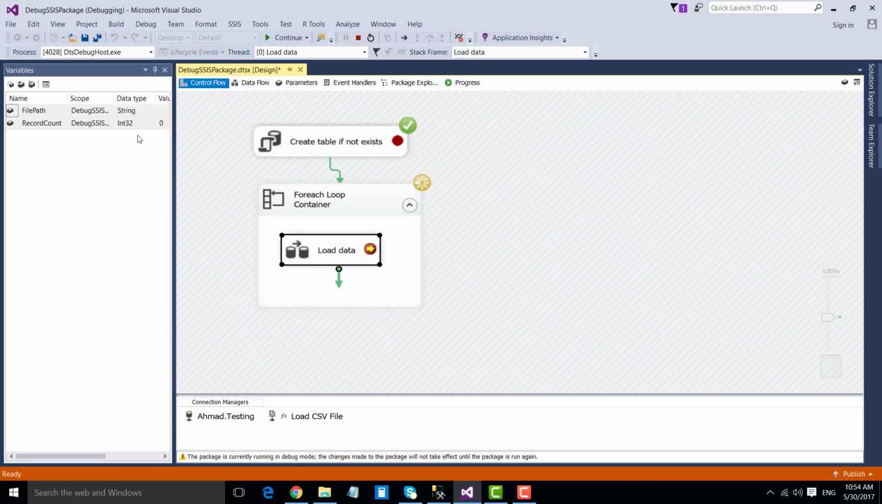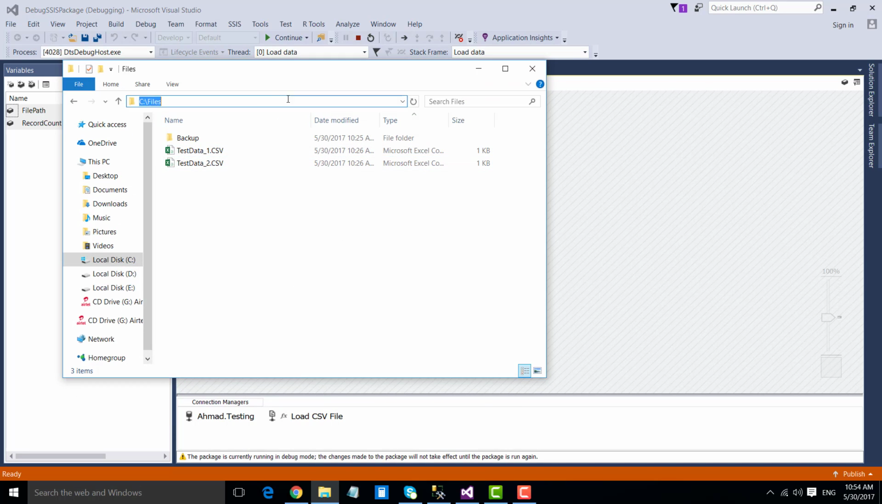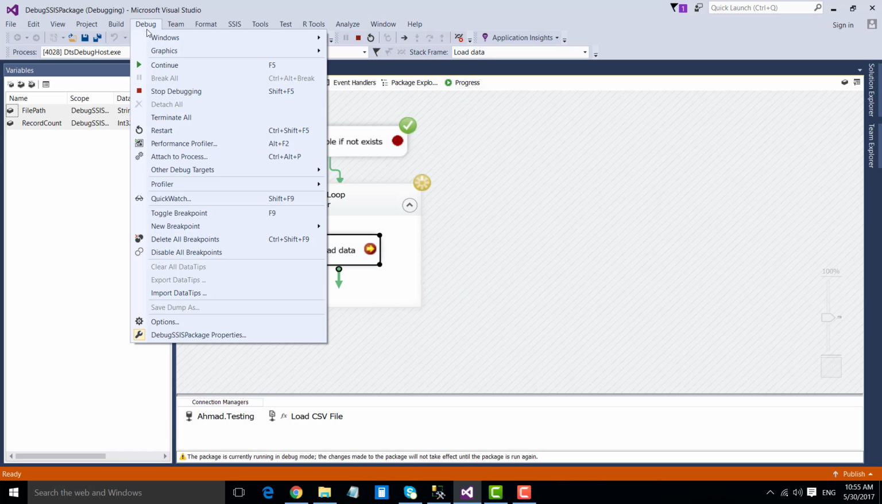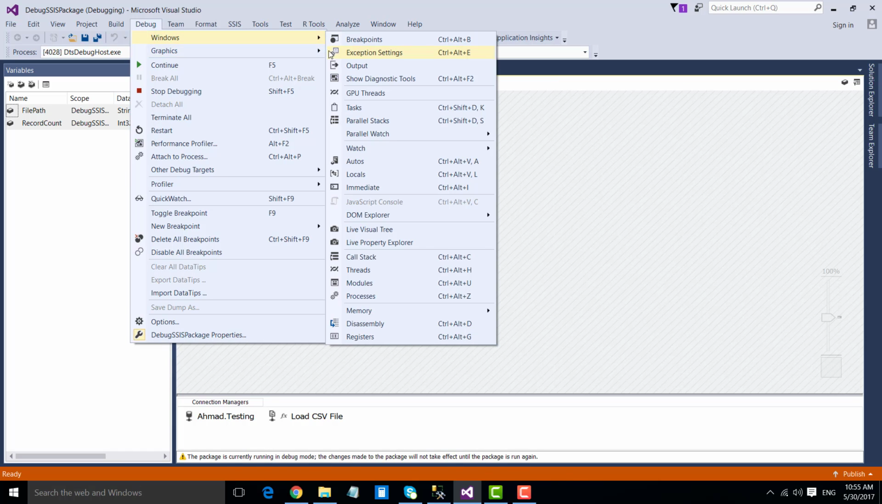However, the value of the file path should be like C files test data _1.csv because it's inside the for each loop container. So the for each loop container should have assigned the value to the file path. So to check the values of these two SSIS variables, click debug and then go to the Windows and then